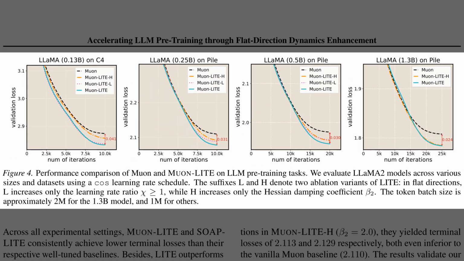Alright, Figure 3 confirmed the method works in theory, and now Figure 4 demonstrates the actual performance gains across a range of llama models. The 4 panels track validation loss during pre-training for model sizes ranging from 0.13 billion up to 1.3 billion parameters. In every case, the solid cyan line representing muon LITE drops significantly lower than the black dashed baseline. The intermediate orange and pink curves show that while individual components help, combining them consistently yields the best